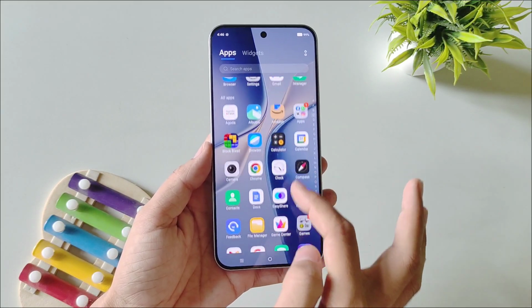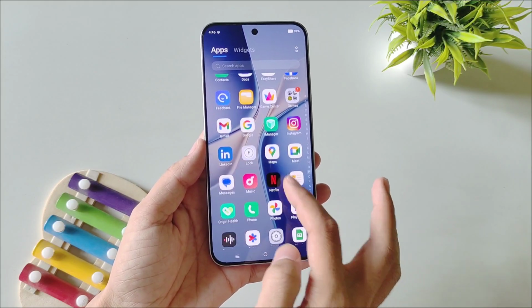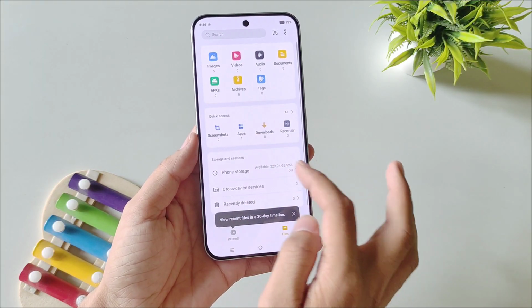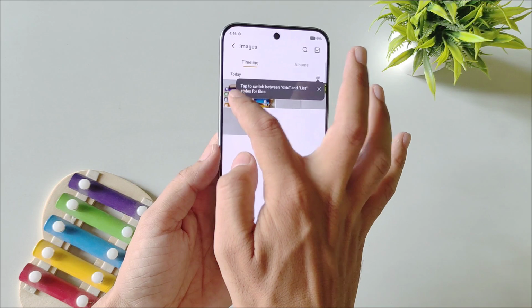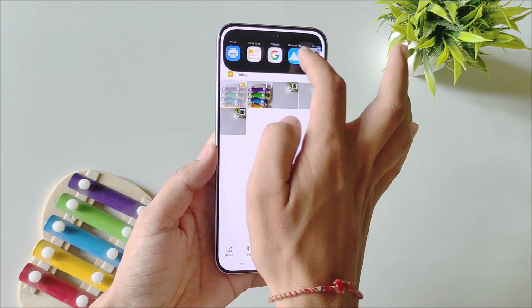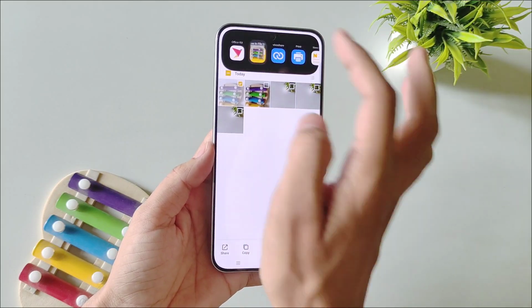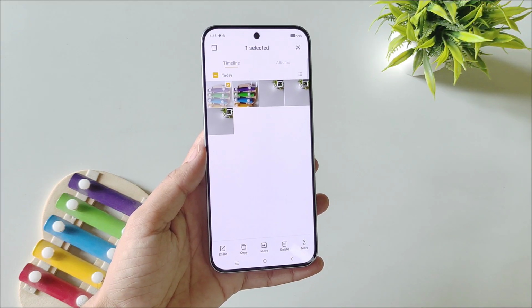For example, if you're using your gallery or file manager and now you found some video or photo that you quickly want to share on your social media application, then tap and hold on the photo and then drag and drop it here. By default, it has some applications. You can customize them and then share your photo or video with the help of this drag and go